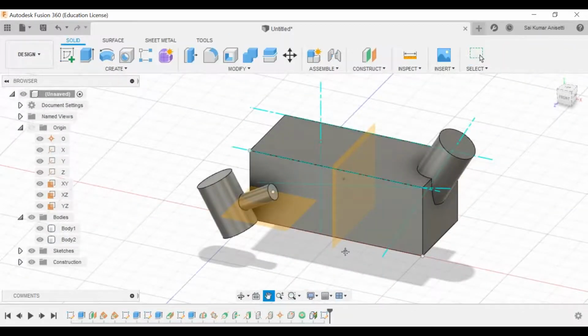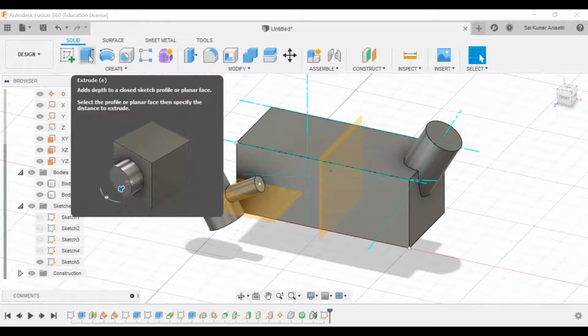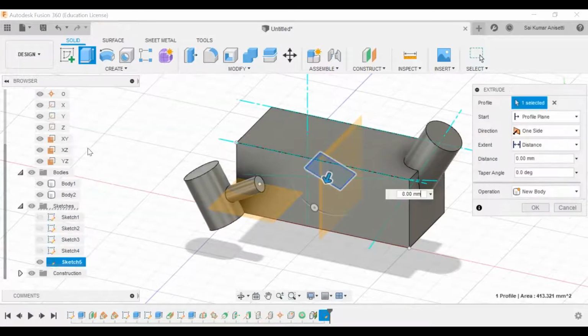Escape. Now if you want to extrude it, click the extrude operation and automatically it will select your recent sketch, and you give any distance, let us say 50 mm, 40 mm.